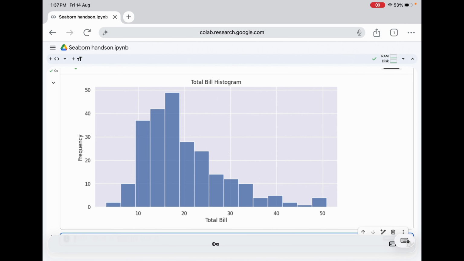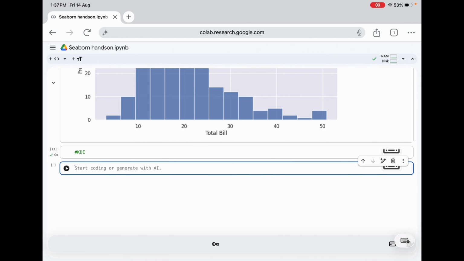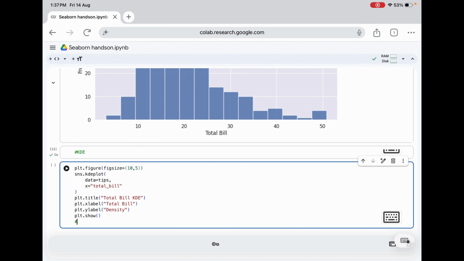Next, there is one important kind of plot, which is KDE, kernel density estimation. A histogram gives us the distribution using bins, but sometimes we want a smoother representation of the same idea. That's where KDE comes in. For that we will again create plt.figure, with the size we have given, then sns.kdeplot.